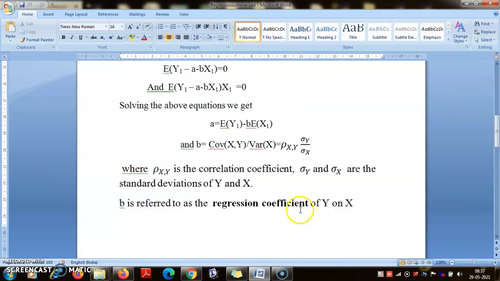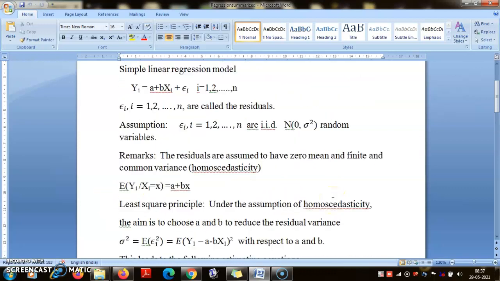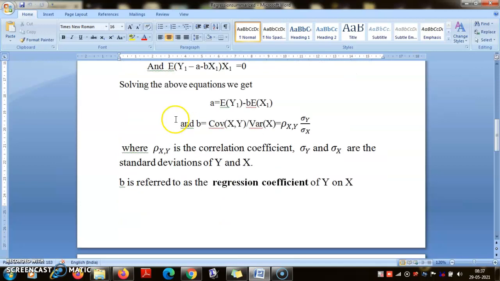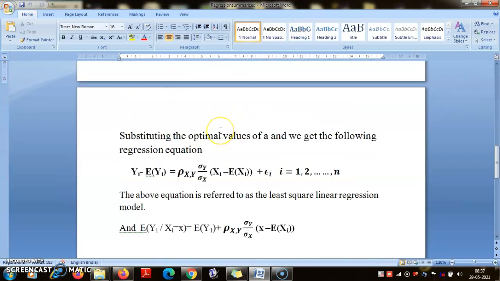So therefore, there is no restriction on the regression coefficient. It is just a real value. However, if the correlation coefficient is 0, then b will be equal to 0. So b is called the regression coefficient of y on x. I will leave you with an exercise: try to write down the regression coefficient of x on y, and in that case what would be b? What will be the regression coefficient?